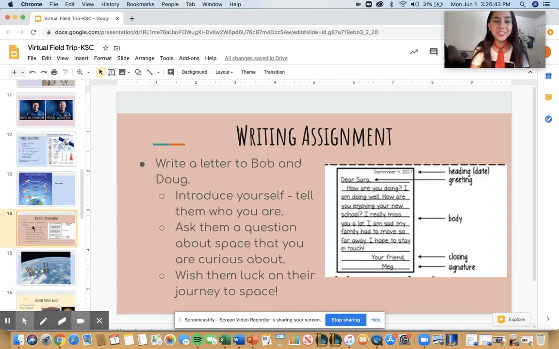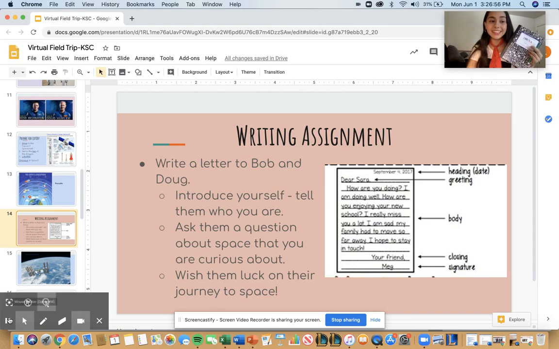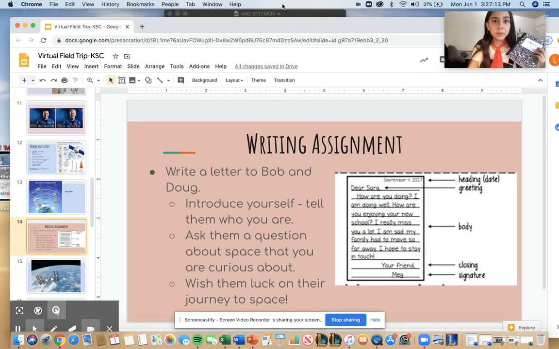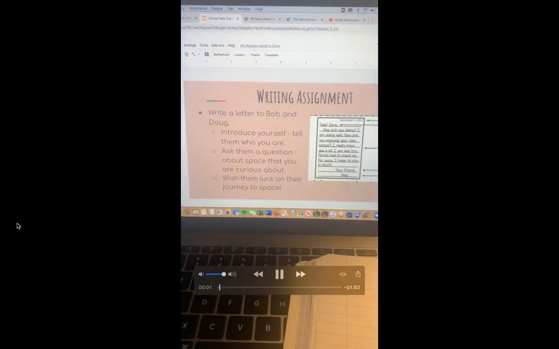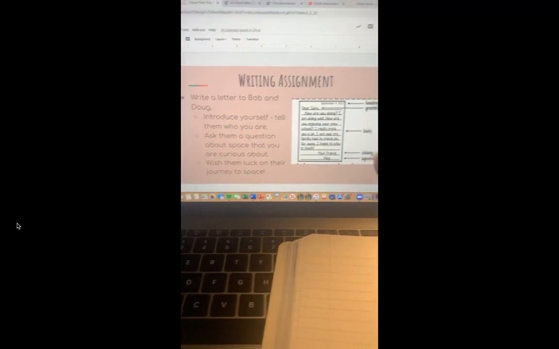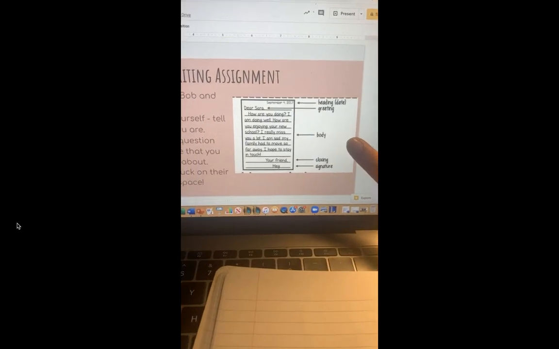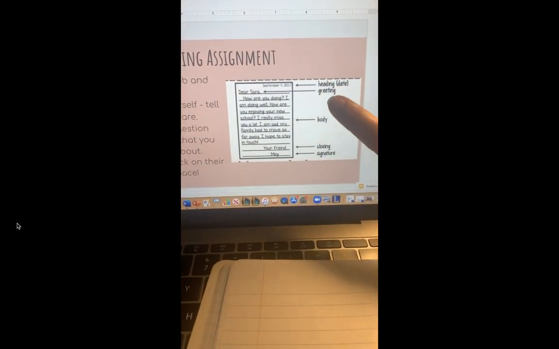So now we're going to begin our writing assignment. You will need your journal and a pencil. We are going to write a letter to Bob and Doug. So let's see how we're going to do it. When you're writing your letter, you can use this picture to help you make sure that you include all the